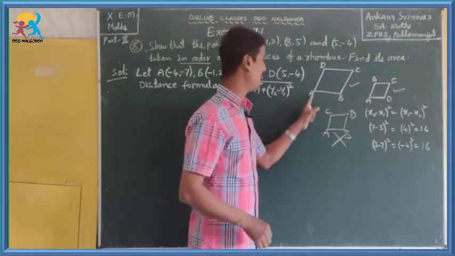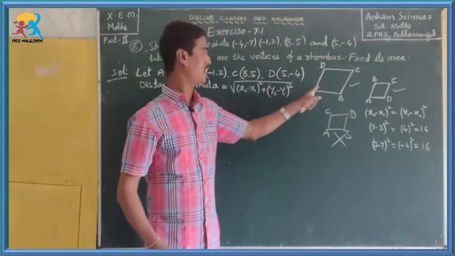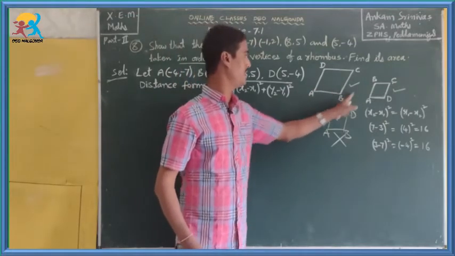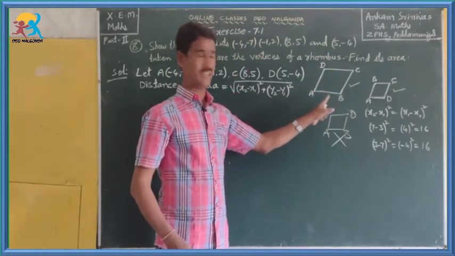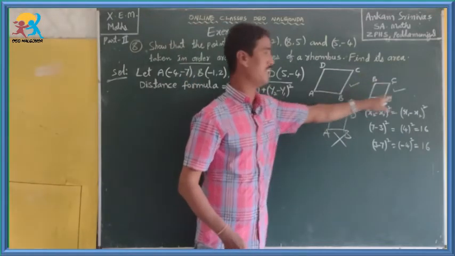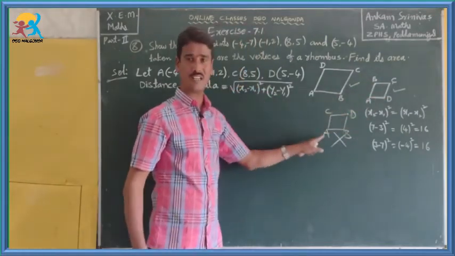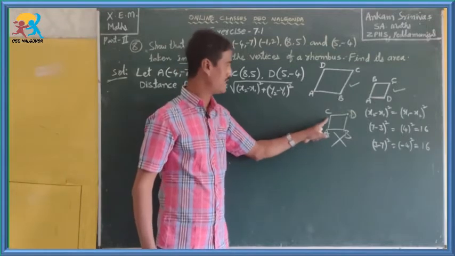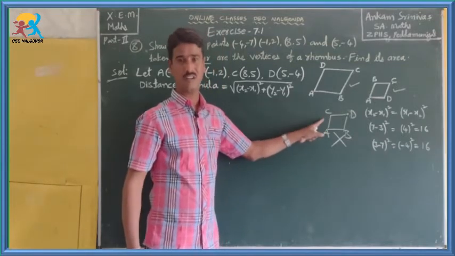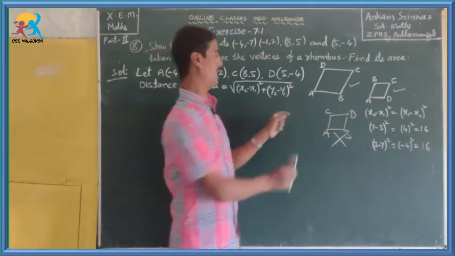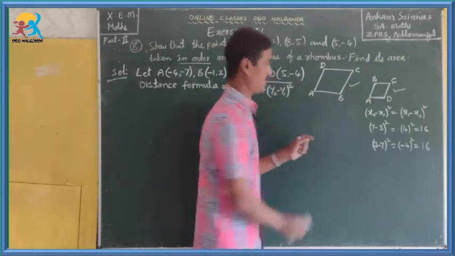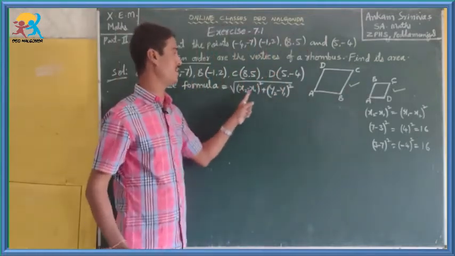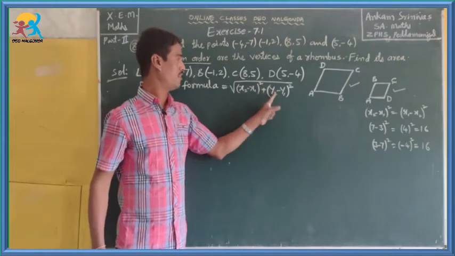So we do not follow the clockwise or anti-clockwise direction here. Which direction did we follow here? Nothing. So this way is 100% wrong. Don't make this mistake. And second, in this case we have x2 minus x1 whole square, y2 minus y1